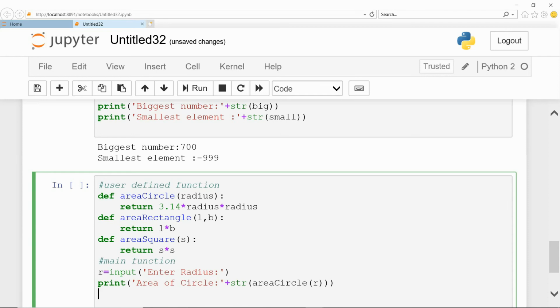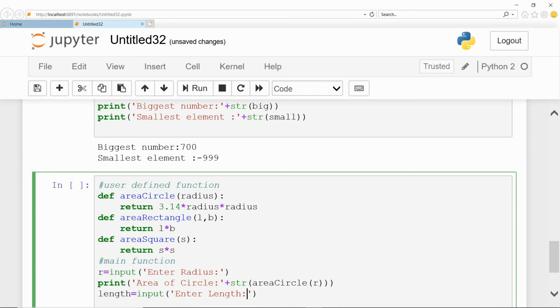You can take the variable length equal to input, enter length.